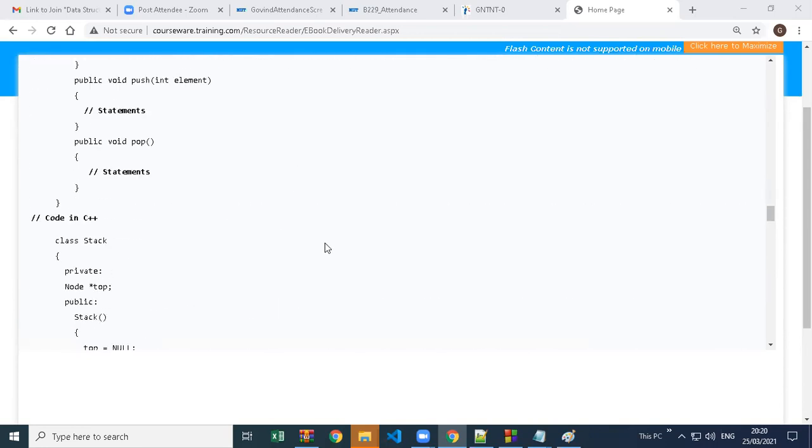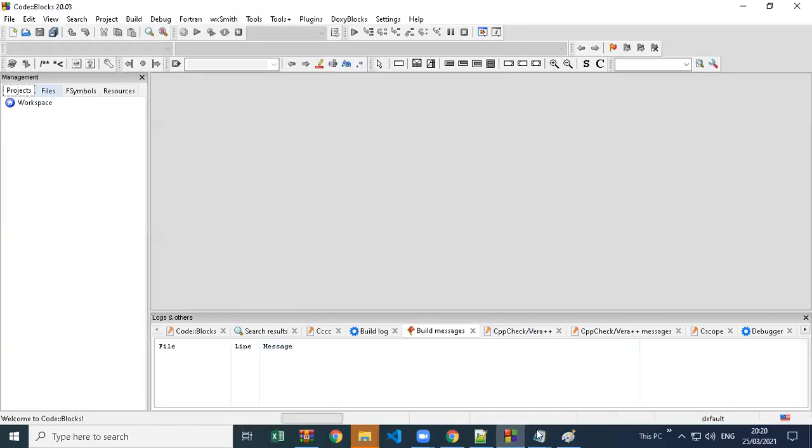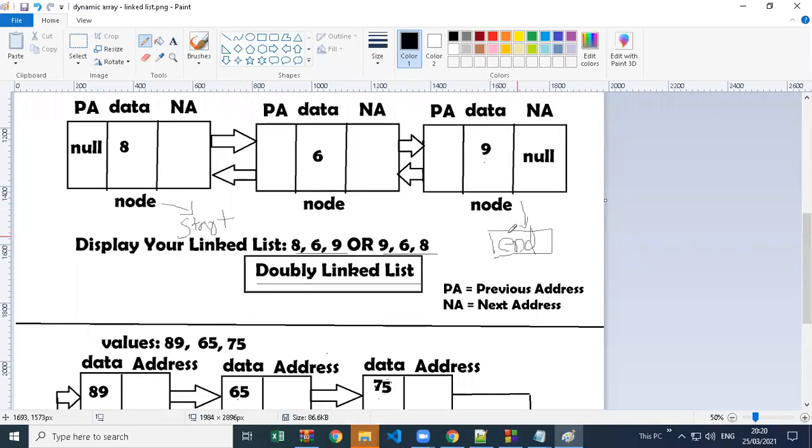Okay, so normally when we create a list, we give the same names to remember: start and end. You can give different names also, like if you want to represent this as a stack. This is just a name we are giving to our variables. So we can give any name, like if you want to represent a doubly linked list as a stack, you can give this name as start, this name as end. Or you can give begin and end, or just simply give start and end only and remove from end.